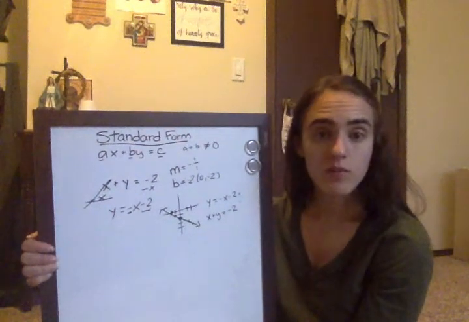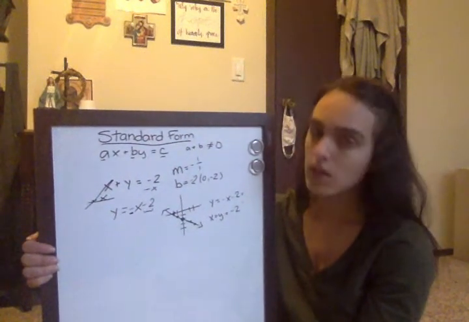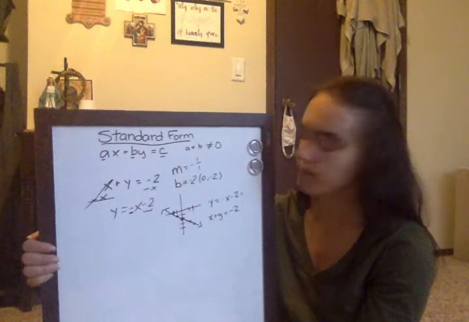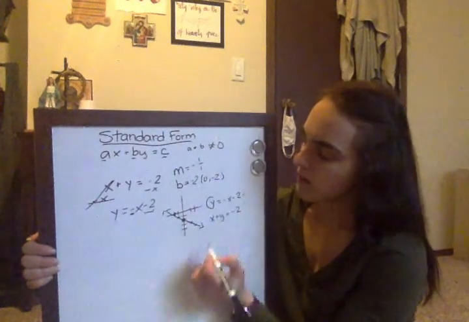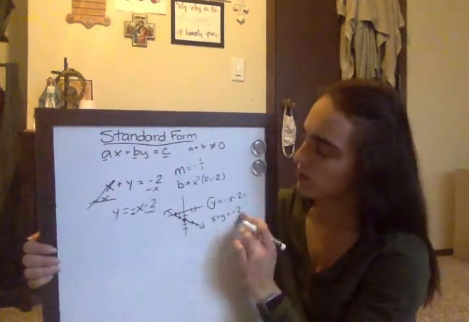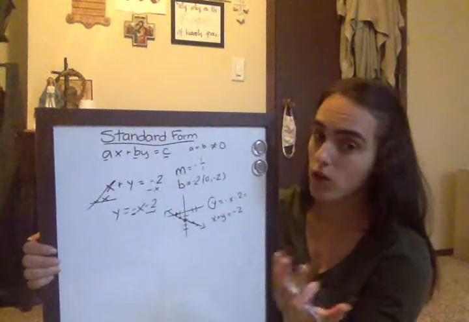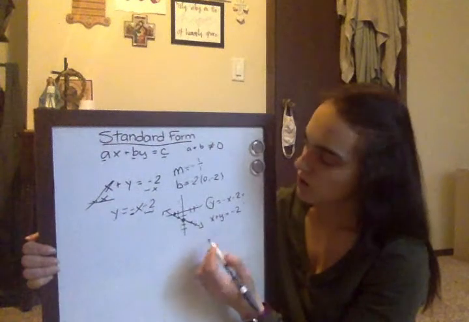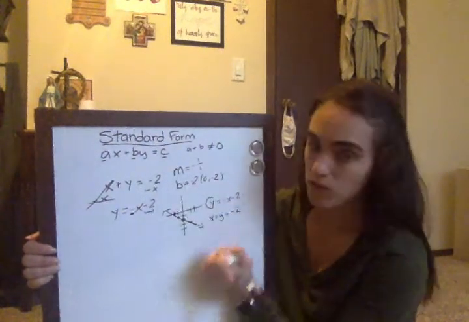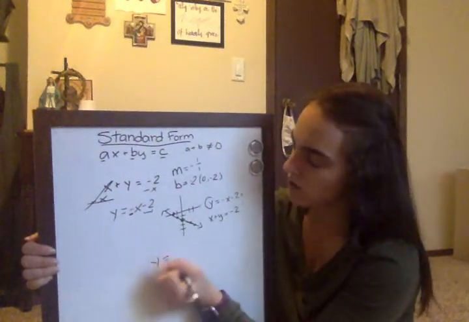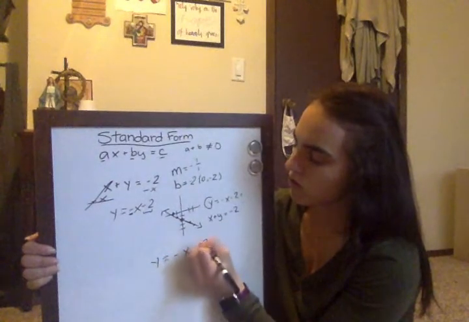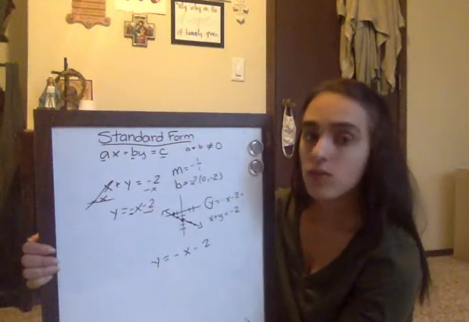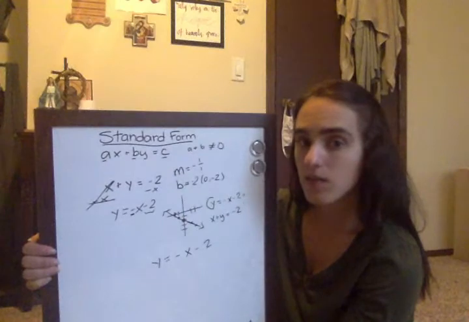But you can go from slope-intercept form to standard form. How would you go to standard form? You need to get your whole number on its own side of the equal sign. So if we had y equals negative x minus 2, and they said take this equation in slope form and put it in standard form,